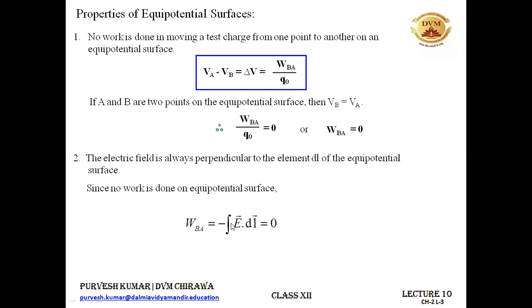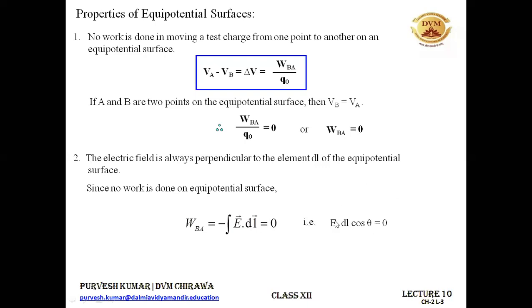Okay. And then since we are moving the charge on an equipotential surface, the work done is 0. That we have found. So VBA can be written as 0. So this complete equation becomes the integration of E dot dl equal to 0. When you open up E dot dl, it will be E dl cos theta, and that is equal to 0. Now either E equal to 0 or dl equal to 0 or cos theta equal to 0. So out of these 3 terms, one has to be 0 for this equation to be satisfied.